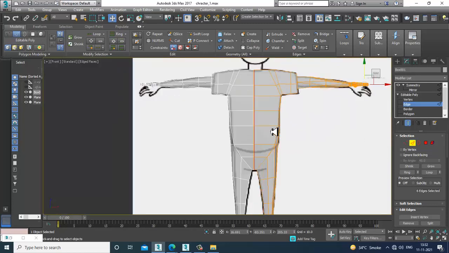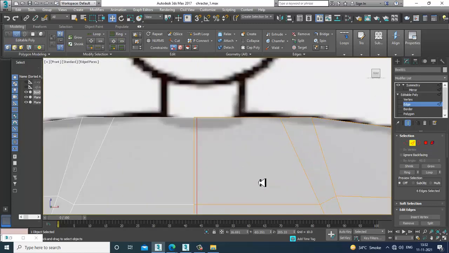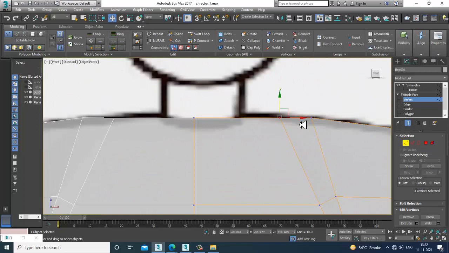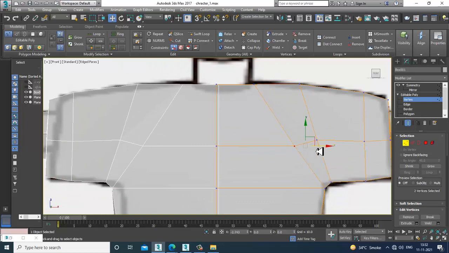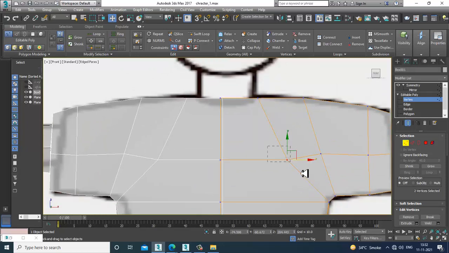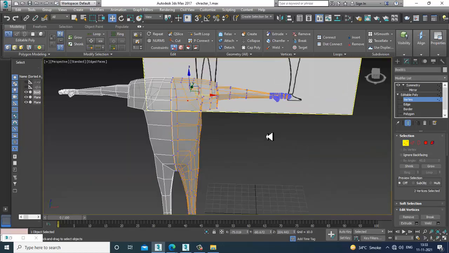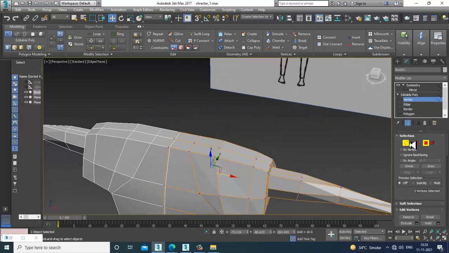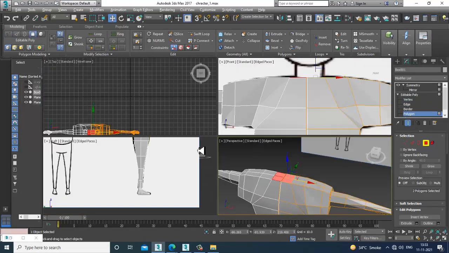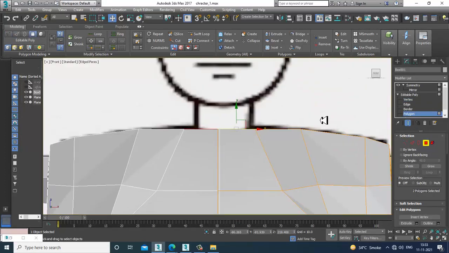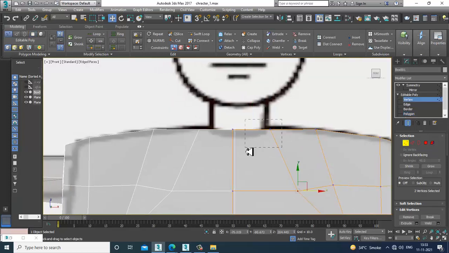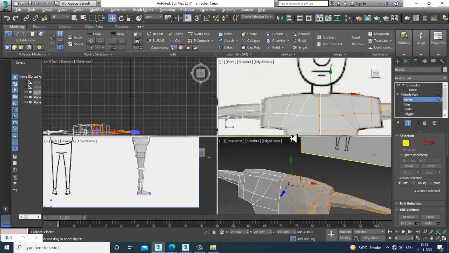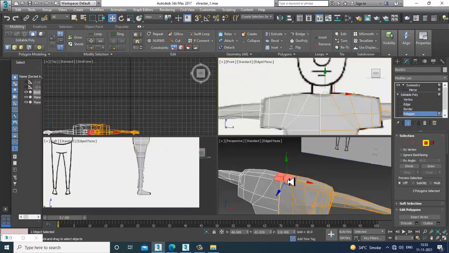Alright, now let's again go into the front view and we'll create a neck area. What we can do over here is select the polygons. Let's select these top polygons. Again, I'll go into the vertices, slightly push it a bit inside, and again select this.